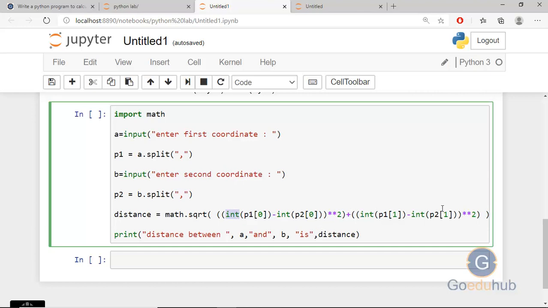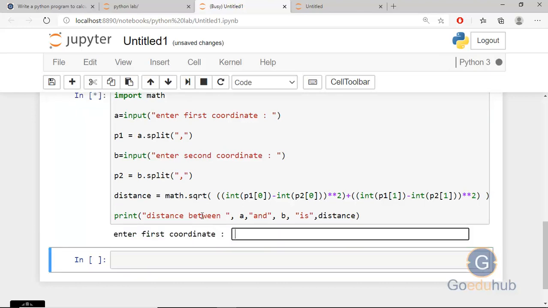So all the points we need to pass through the int function and then we are doing square and after the square we will sum and then this complete term is passed through the function math.square root and it will give you the square root of this complete term. So we can run this block again and you can see the output like it is asking for the first coordinates.